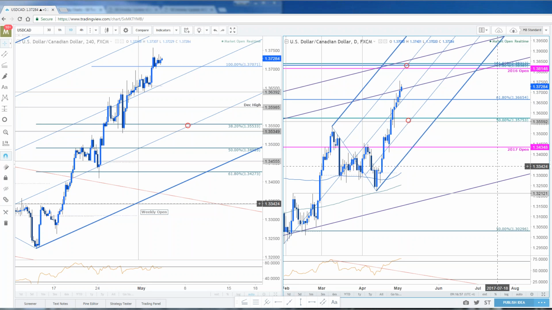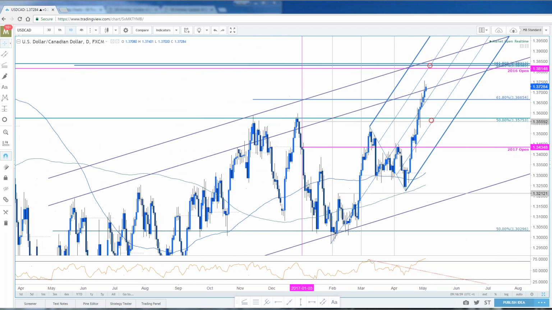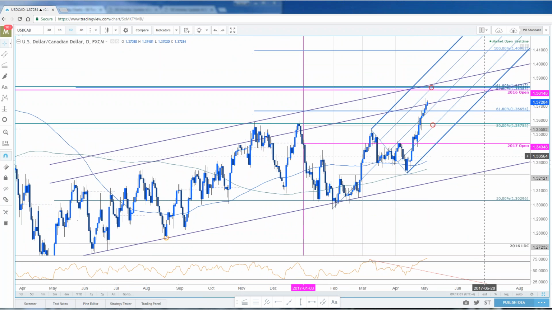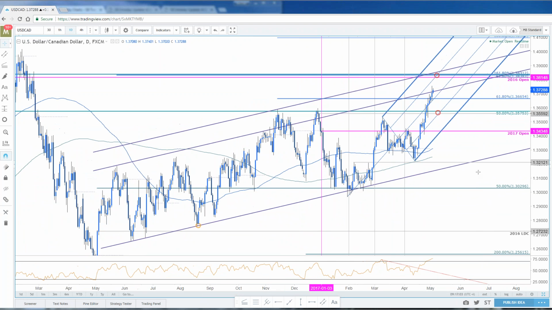Well, this is my interpretation. And again, I did a whole rework of this, so bear with me real quick, and then we'll jump into the other crosses. I'm not ready to operate on this, just as a disclaimer, but Jamie's absolutely right, I'm on the same exact page as he is as far as levels, and you guys have heard me talk about this level ad nauseum. It felt like it was a mile away, but it's now pretty close, 138.15 into 138.30. Huge region. You're looking at the 1618 extension